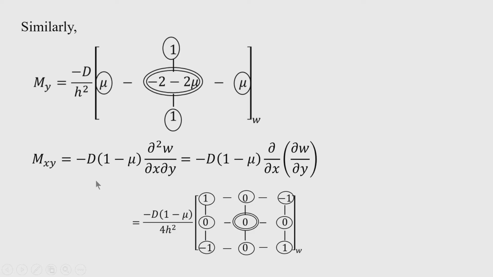Later on Kirchhoff modified this condition and gave 2 expressions instead. So, m x y is combined with the shear force q x or q y to give the edge shear, that is V x or V y. Therefore, the m x y expression is also needed for calculating the edge shear value.